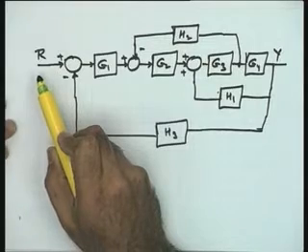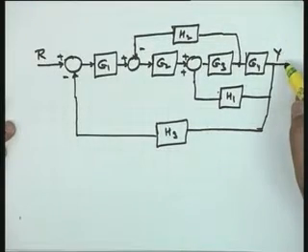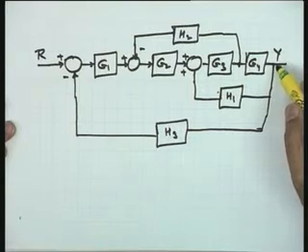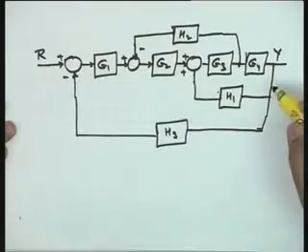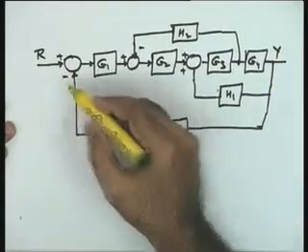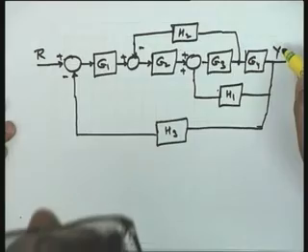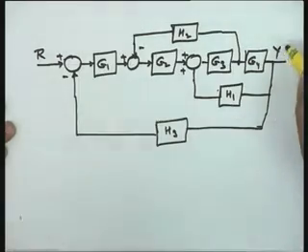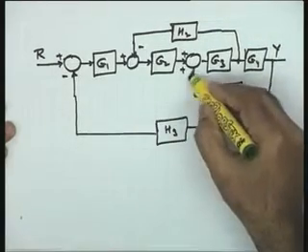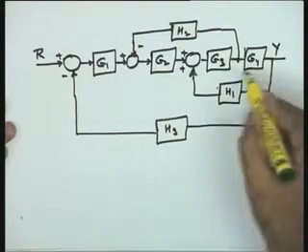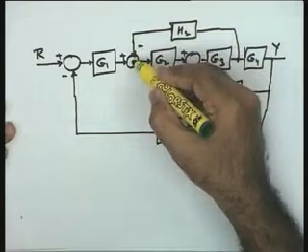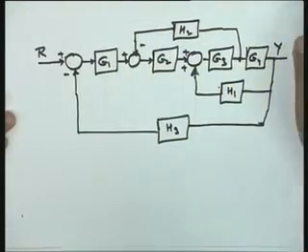It is a multi-loop example, as you see. In this particular case, R is the reference input, Y is the controlled output, and as is normally the terminology, the controlled output is being fed back through the primary loop. The loop through which the controlled variable is fed back is referred to as the primary loop. In addition to the primary loop, there are more loops in the system. A minor feedback loop is here, and another loop is here which is also a feedback loop. So, this is a multi-loop configuration.